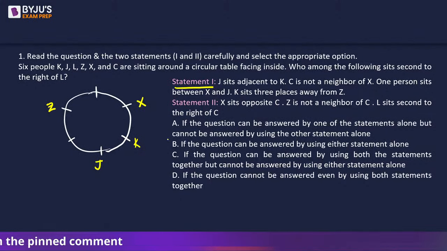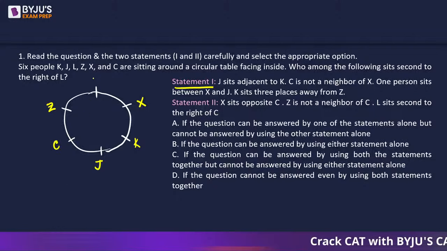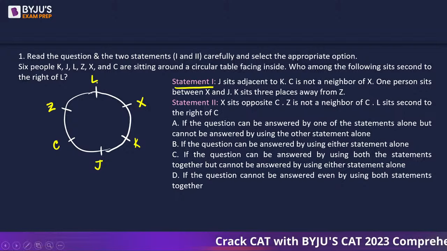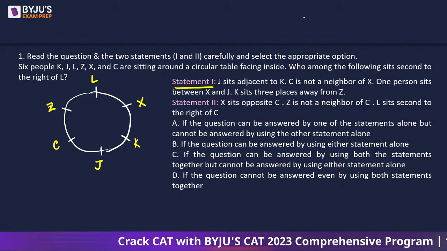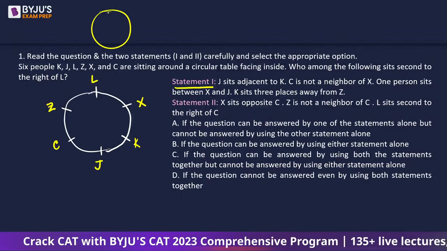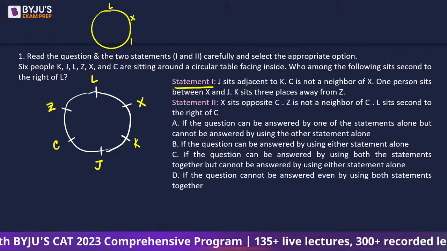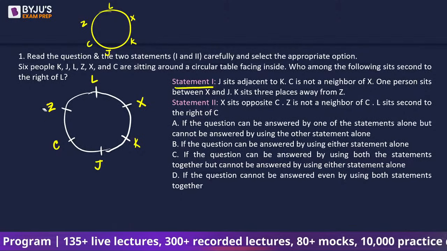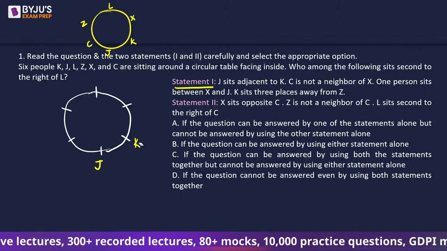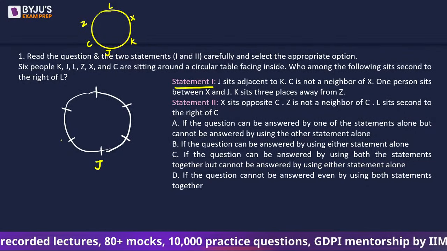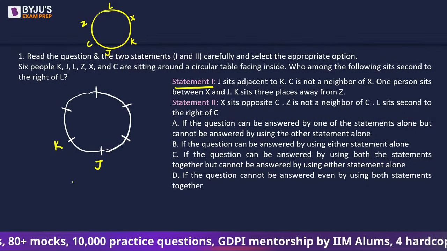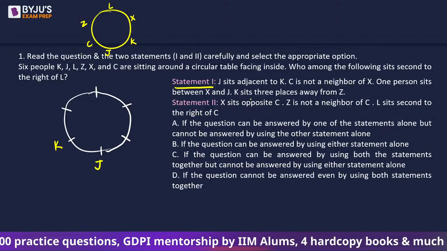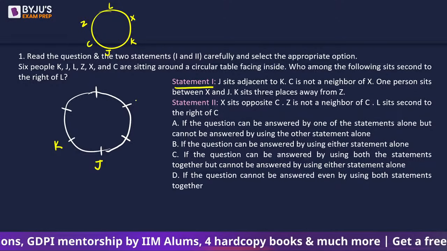Then it is given that C is not a neighbor of X, so that means C is here. And then we will have the last person who is going to be L. So this is how the 6 people are going to be seated. So let's redraw this from the first statement. We have got L, X, K, J, C and Z. Let's look at the next scenario where J is seated to the right of K. When this happens, then we have got K sits 3 places away from Z, so Z is